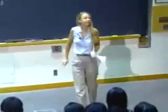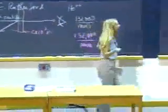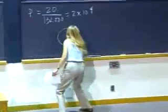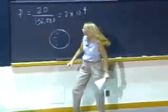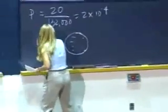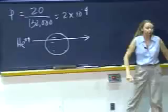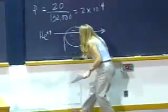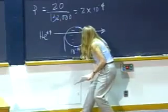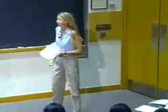The interpretation is, gee, the gold atoms that make up this foil must be mostly empty, right? Now, they knew that those atoms had some electrons in them because the electron had already been discovered. But these alpha particles seem to be going right through those gold atoms for the most part. So the atom, which he knew to be a diameter of about 10 to the minus 10 meters, most of that atom must be empty, was the conclusion. But